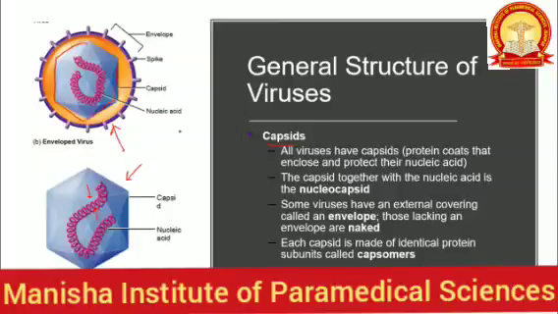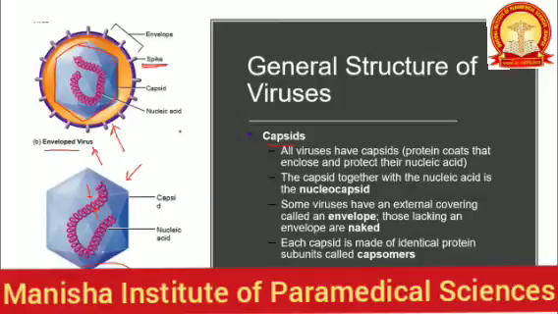This icosahedron structure is the capsid in both cases, but on some occasions this icosahedron is the last layer, there is no other envelope, so it is a naked virus, a naked nucleocapsid virus. On other occasions, there is an enveloped virus where we have the capsid covered by the envelope, and the envelope may or may not carry spikes. For a few viruses the envelope protrudes some spikes out, and in some other viruses there are no spikes.